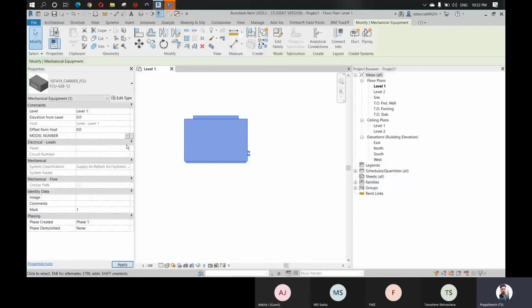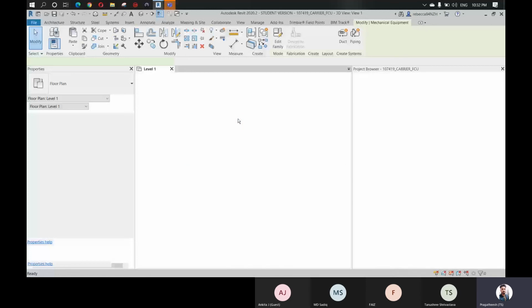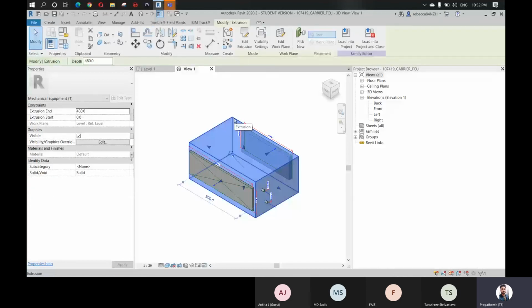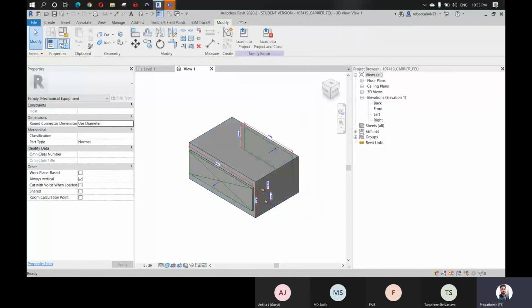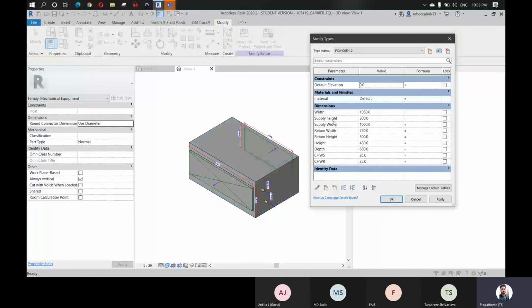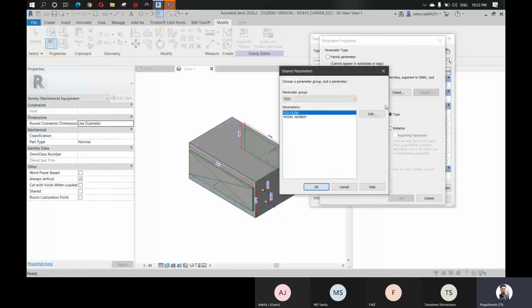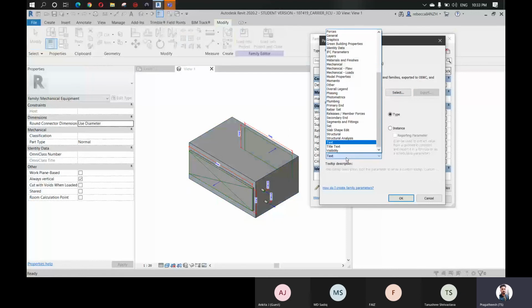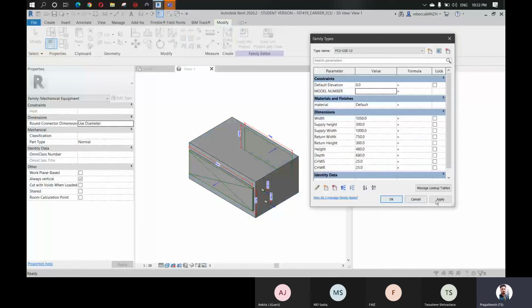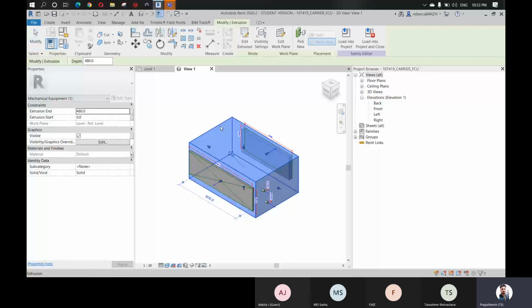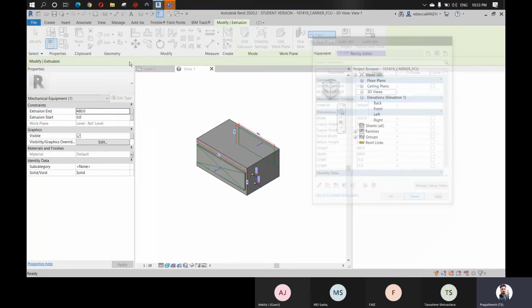So now we can use the data here, and when you go inside a family also, you are able to create a parameter here. Let's say you just want to create a parameter. Give shared parameter, select model number under constraint, apply and OK. So when I click this, we can edit the option of model number here, and we can use the same data in our project as well.